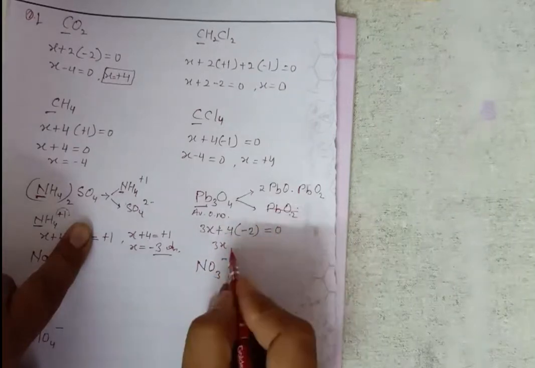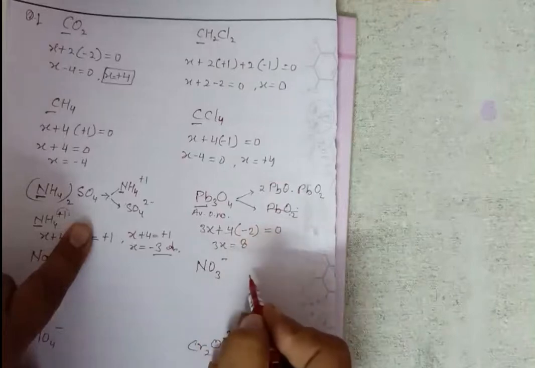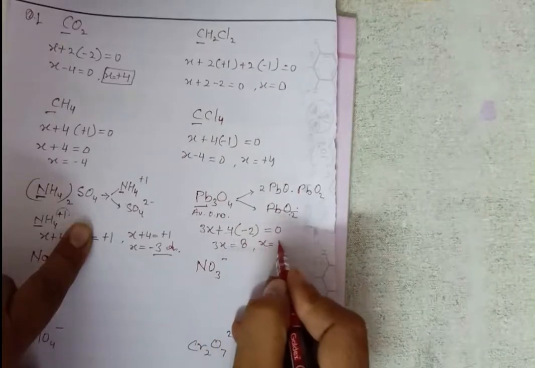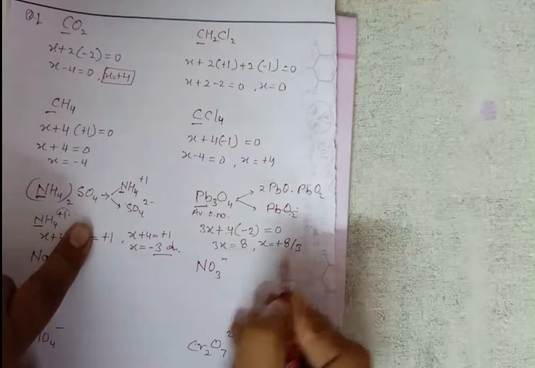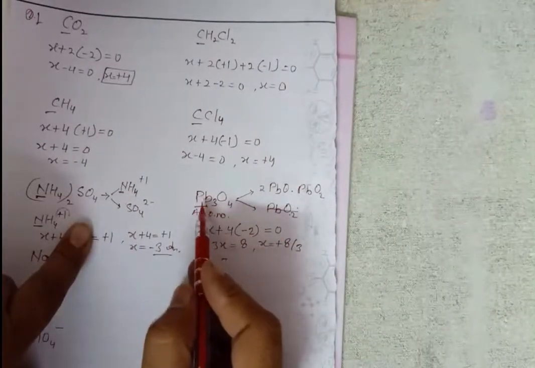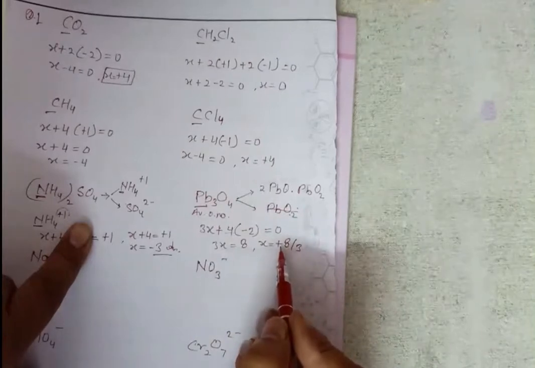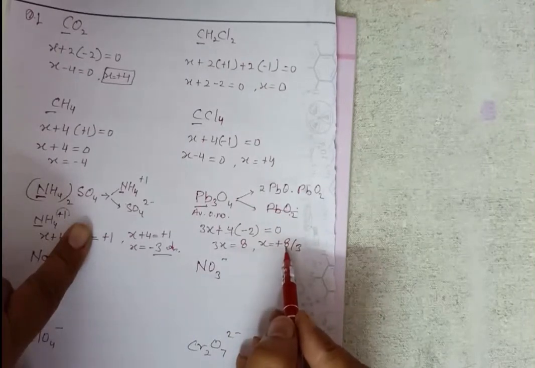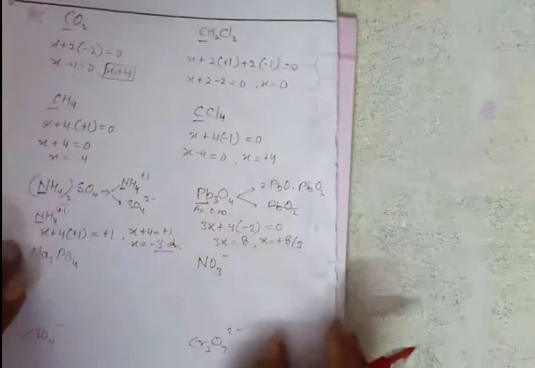And if I transfer minus 8 to this side, it will be 8. Then x will be equal to plus 8 divided by 3. Means on 3 Pb there is total charge plus 8. Okay. The next one is